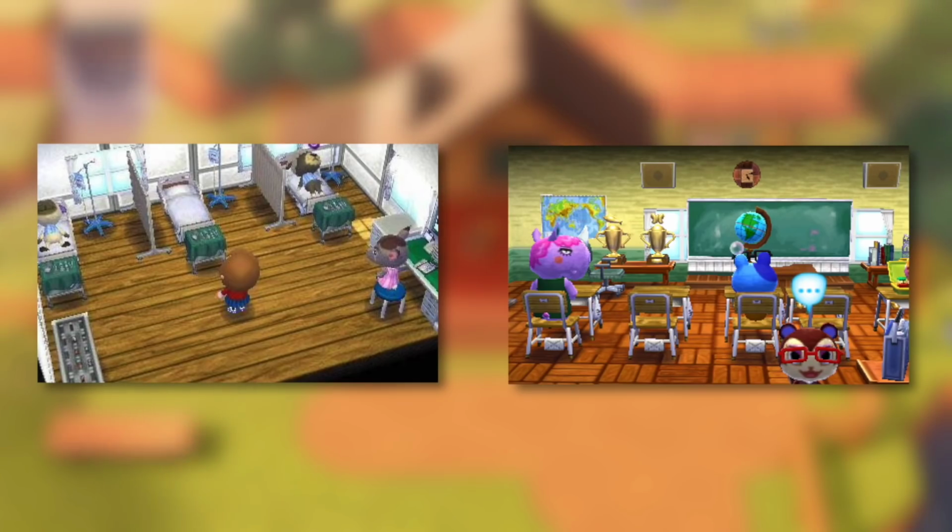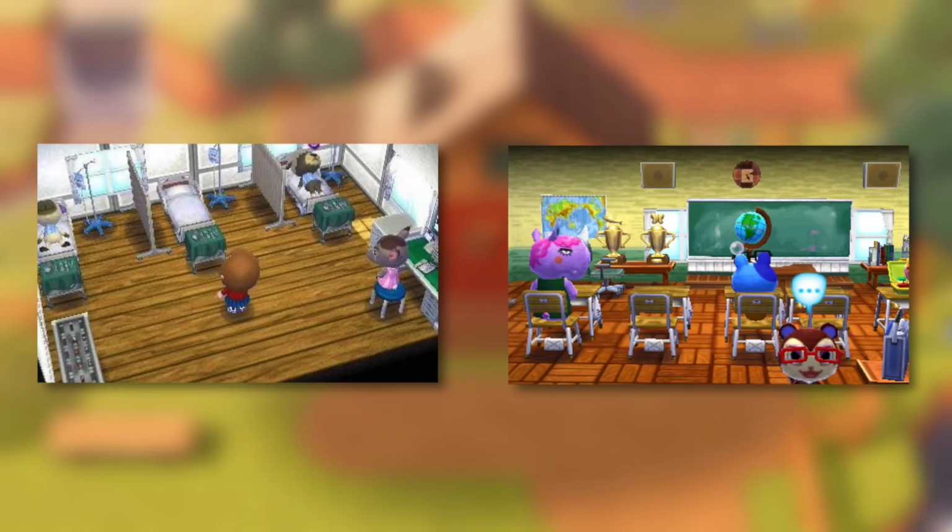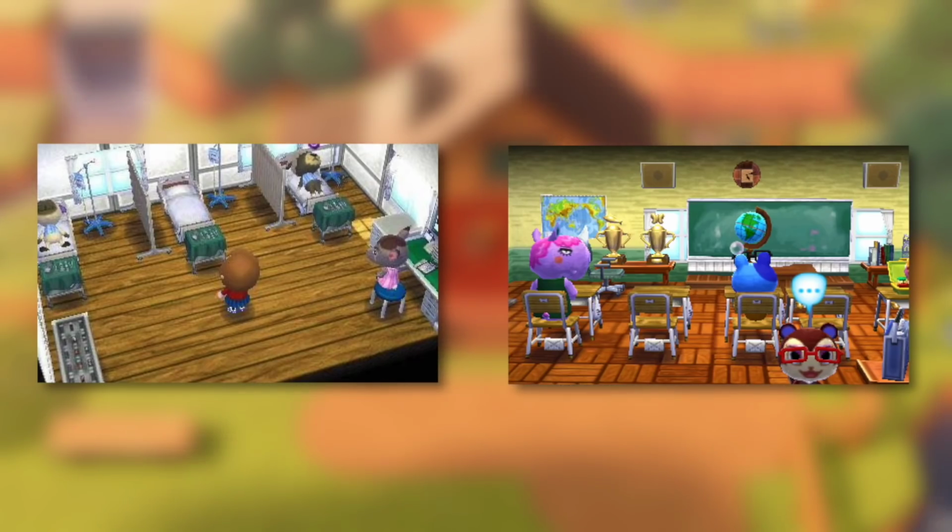We've seen more dialogue added within the recent updates, and of course we've seen some really interesting data mine changes with villagers relating to them giving you fortunes, and of course the code for villagers visiting your houses. So it really wouldn't surprise me if they did do some kind of Happy Home add-on where maybe you could design some buildings in a separate place. Maybe you could fly there via the seaplane, just like you designed the sort of town square in Happy Home